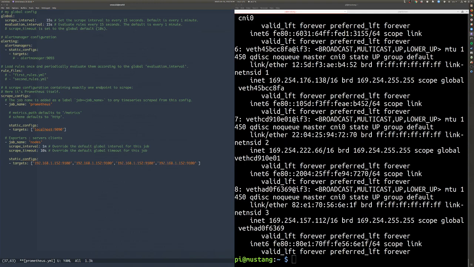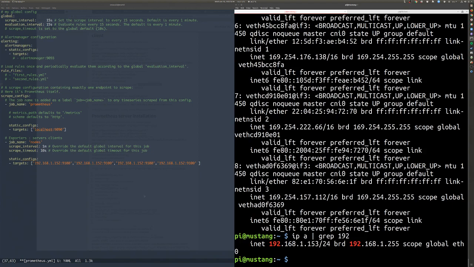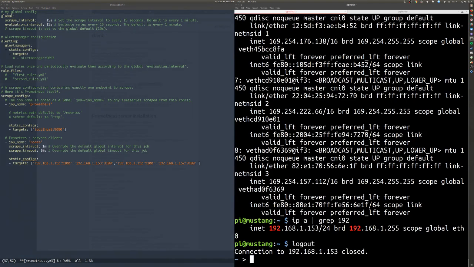So Mustang is actually IP grep 192 of 153. So there we go. So I can go from IP from Mustang to Darrow